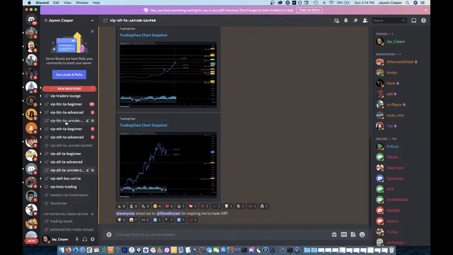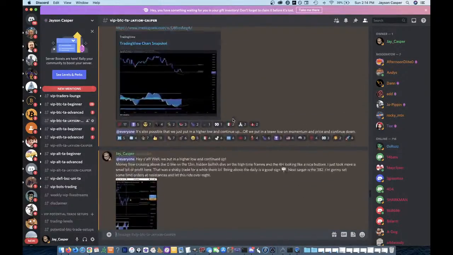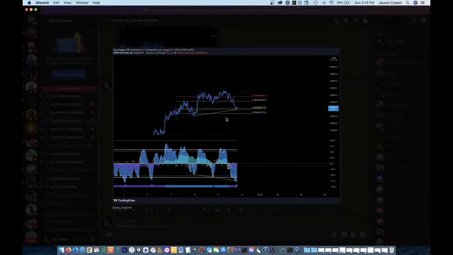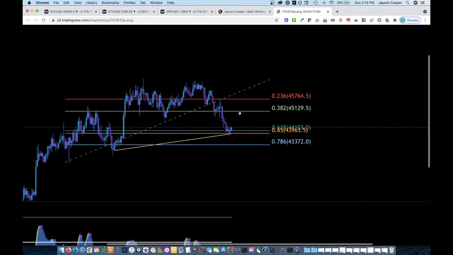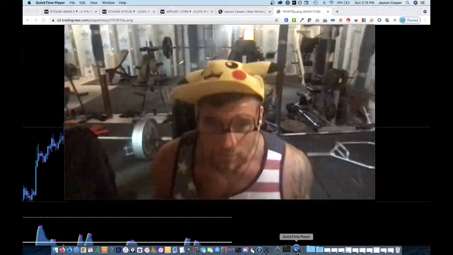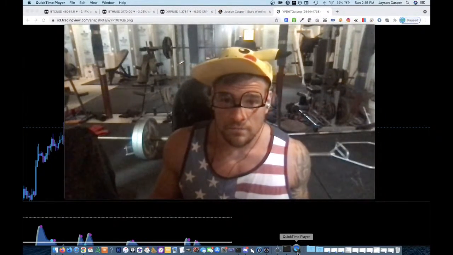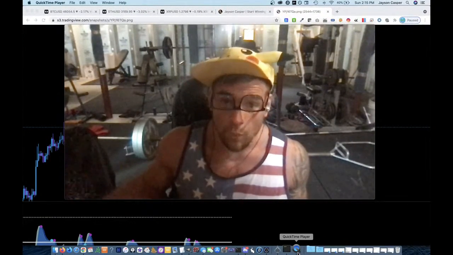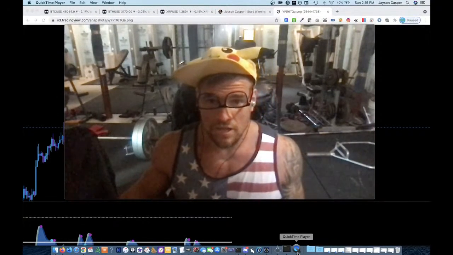Last week, sometime on Thursday, I posted this trade setup in here because we were getting a hidden bullish divergence on Market Cipher B as we were coming down to a Fibonacci golden pocket. And this is something that I want to talk about today: finding those good trade setups. I've been posting a lot of my trade setups on YouTube and in the Discord, and I've been getting a lot of questions of how I'm finding the trade setups and how I know when to enter. So what I want to do today is walk through how to use the fib and divergences